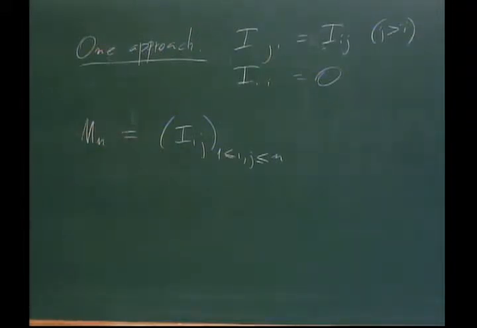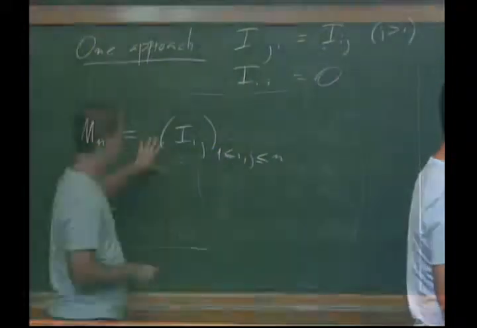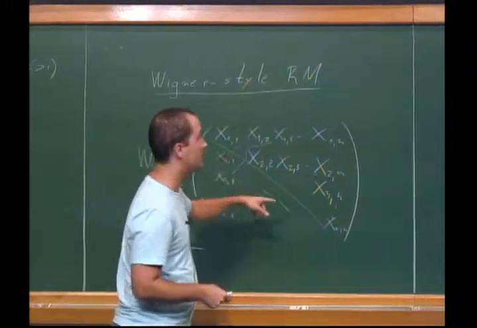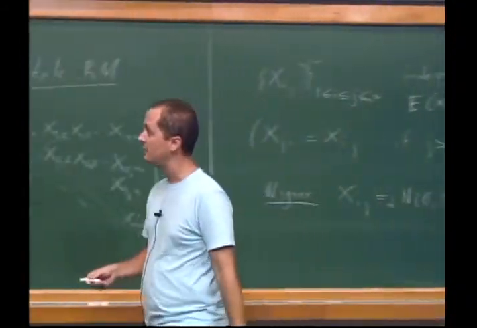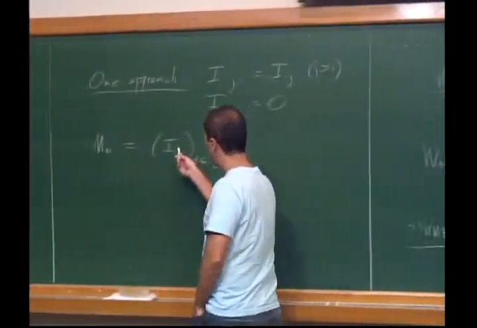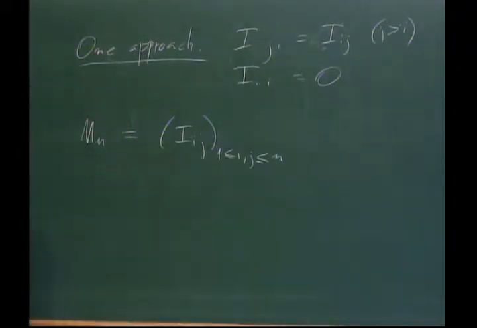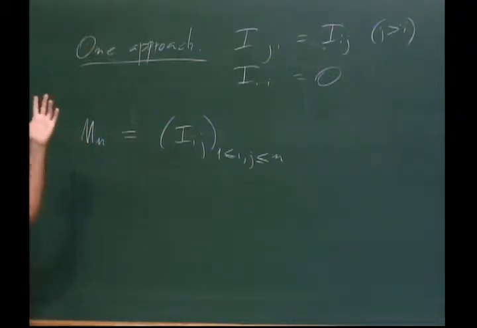A 0-1 matrix. So now, remember that I told you that a Wigner matrix is a matrix where the entries are independent and have mean 0. This is not a Wigner matrix, right? Because on the diagonal, the means are 0 because they're always equal to 0. But outside of the diagonal, the means are either p or q, depending on whether i and j belong to the same community or not. So you need to subtract something to make this equal to 0, right?